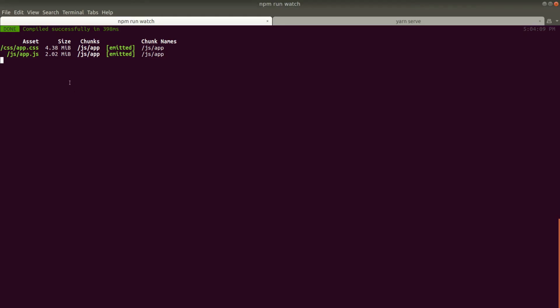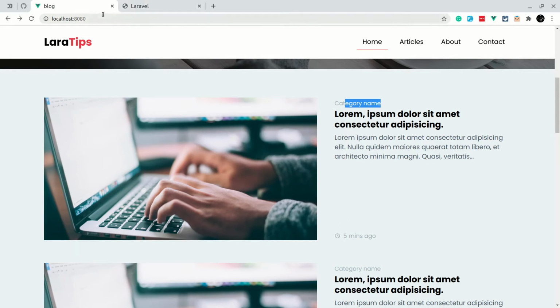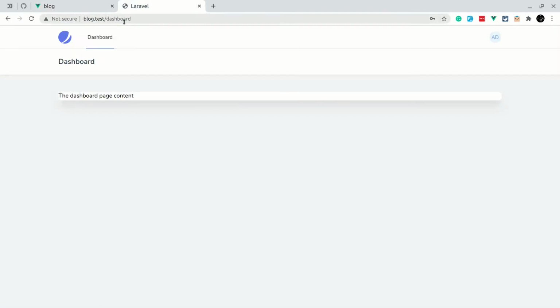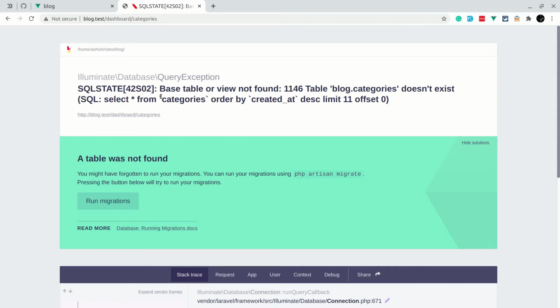Also I am running npm run watch already in the background here. Now if we go to the browser and say dashboard/categories, it is saying that base table or view not found.